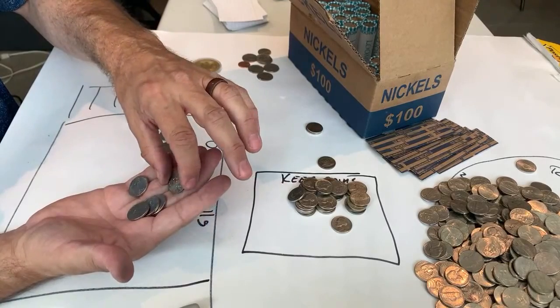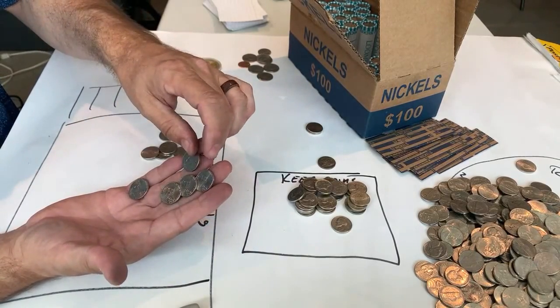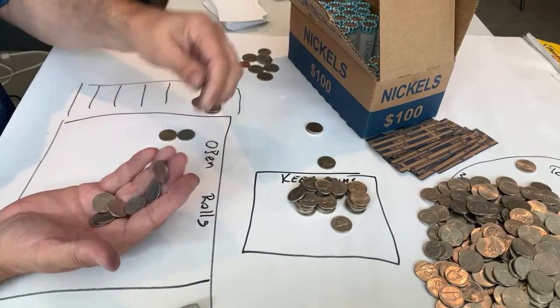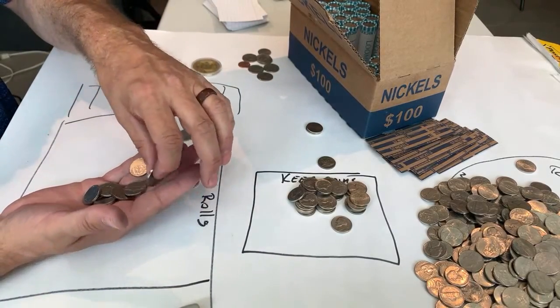The 1981s were only released in mint sets from the US Mint. I've made a bunch of money over the years buying the sets, cutting the dollars out, and selling them individually on eBay to dollar collectors. And then Sacagawea,